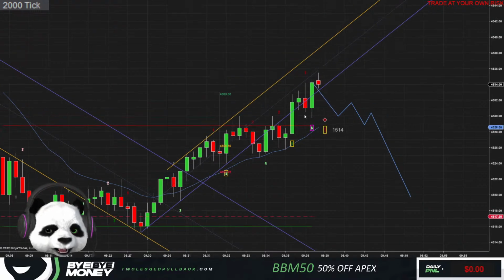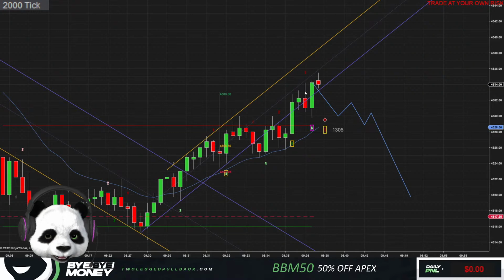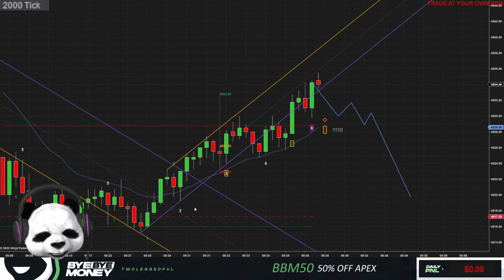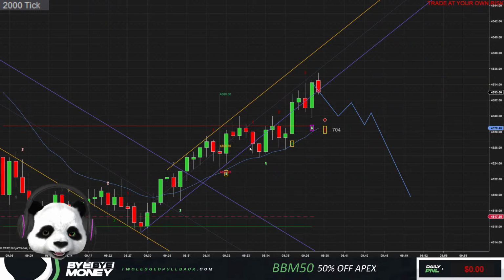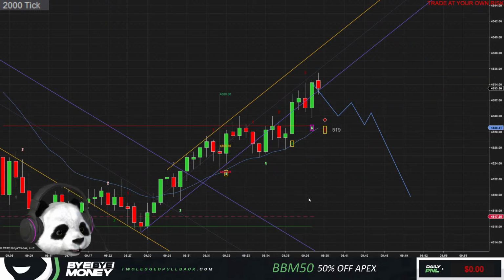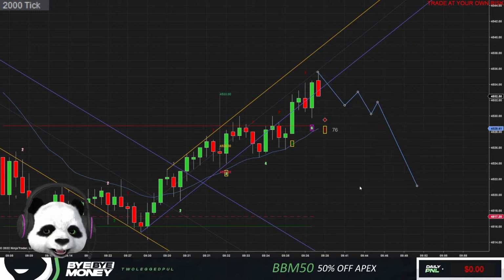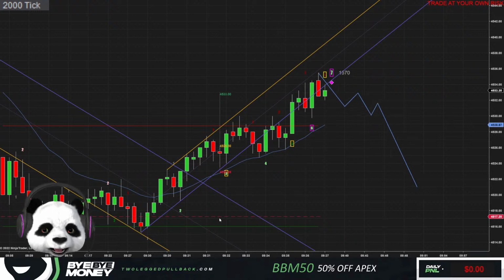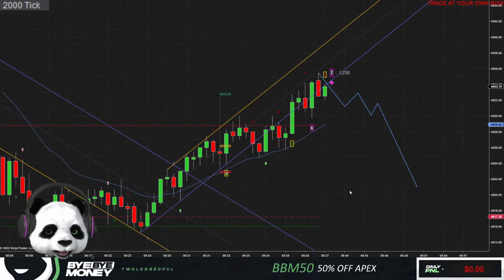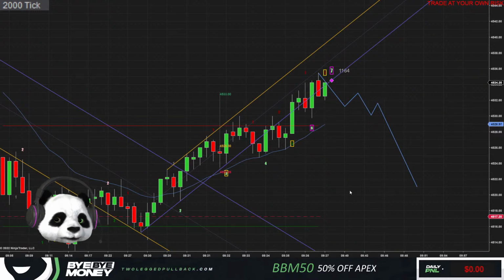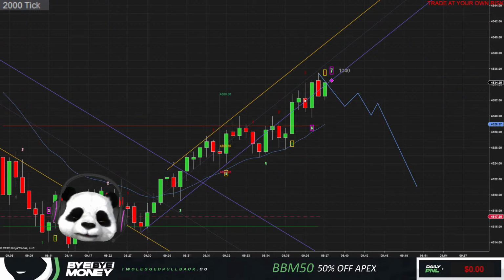So whoever went short there saw a good signal bar going short here, and it could be people who are short, trying to scale in, trying to come out break even at this point. My only setup right now, pandas, is a failed second entry long here. We keep pushing up, and it could just be all these people who are short getting squeezed right now. You can tell these people are trying to come out break even, right?